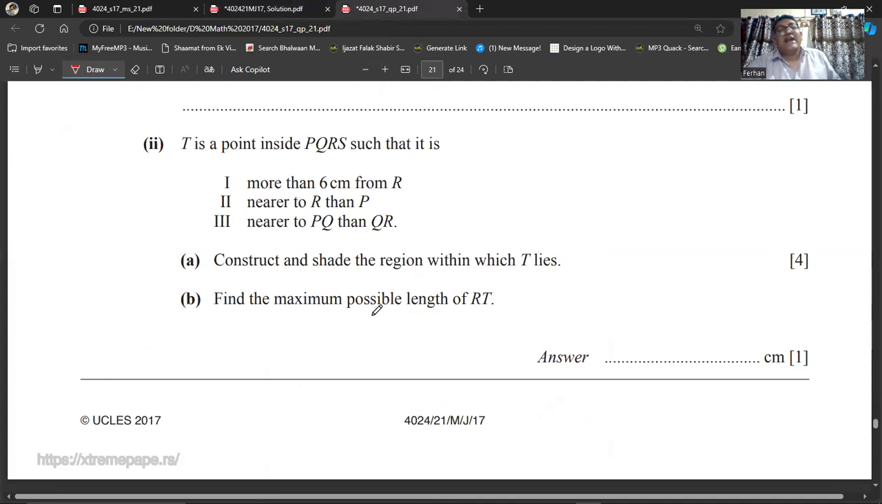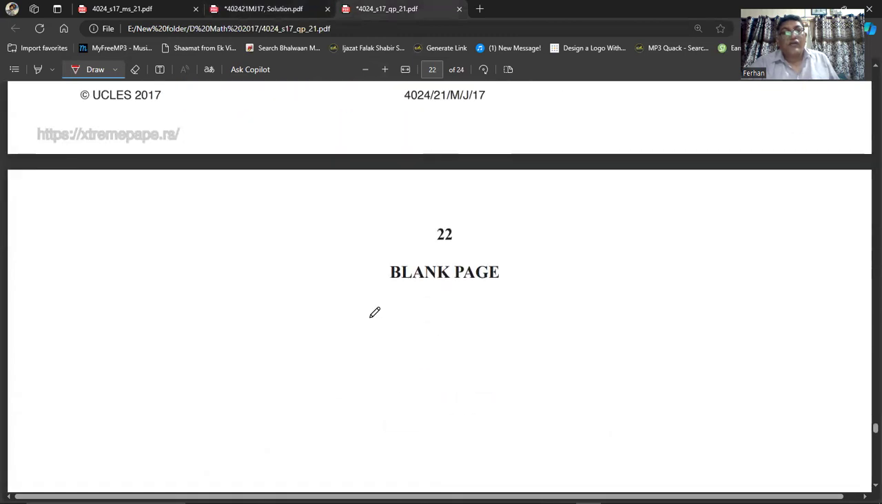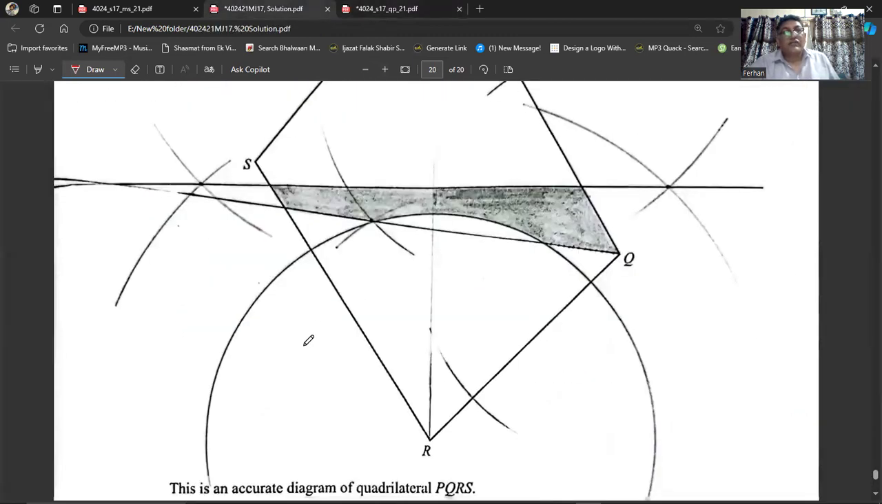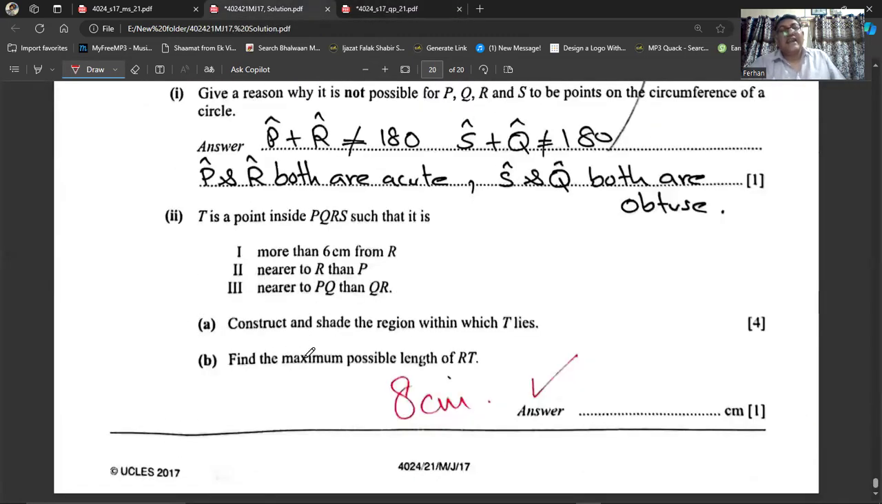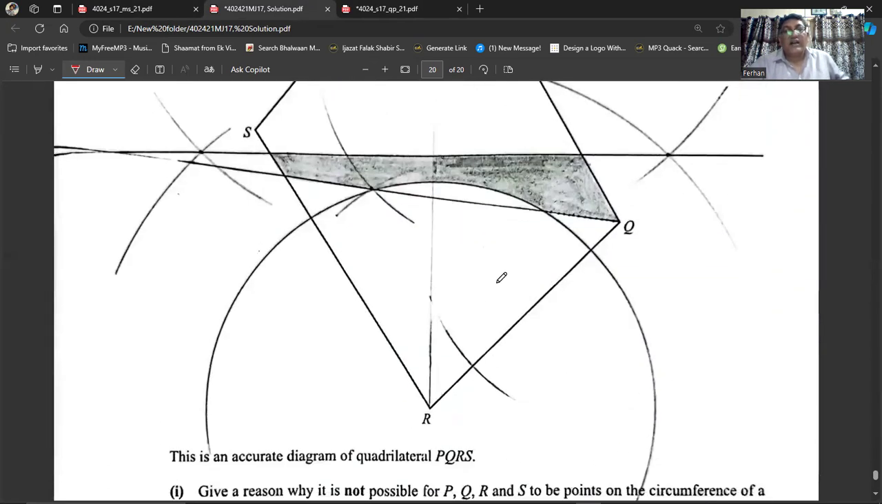Then he says, find the maximum possible length of the RT. From R, I will check where is the maximum distance. Okay, so I've done that. That is 8 centimeter. I will do hit and trial. From R, I will check what is the distance here, what is the distance here,